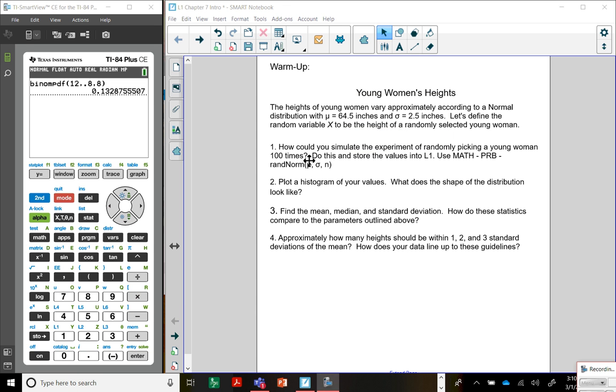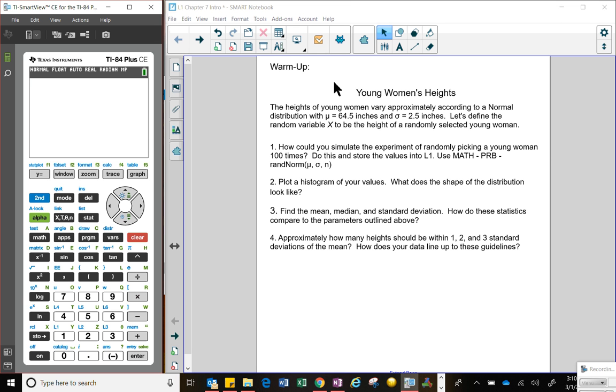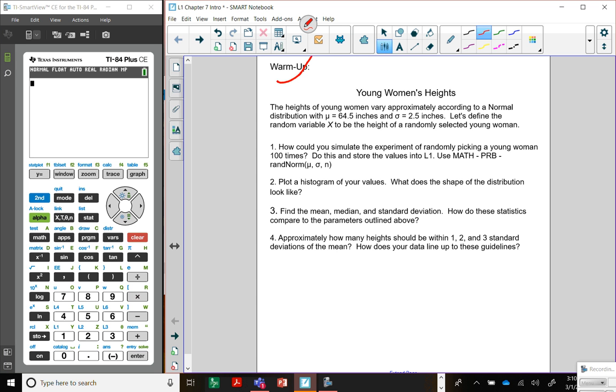Hi there. So we are going to do a quick intro to sampling distributions together. I want to take a minute to consider this situation where we have the heights of young women. The heights of young women vary approximately according to a normal distribution with mean 64.5 inches and standard deviation 2.5 inches. So that means that if I were to take the population of young women, I could draw